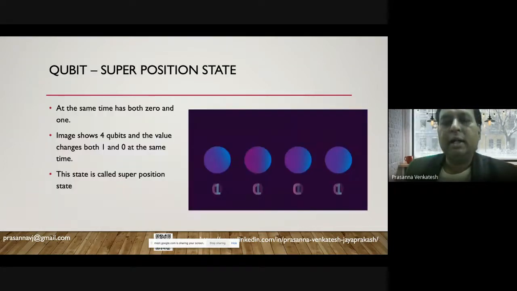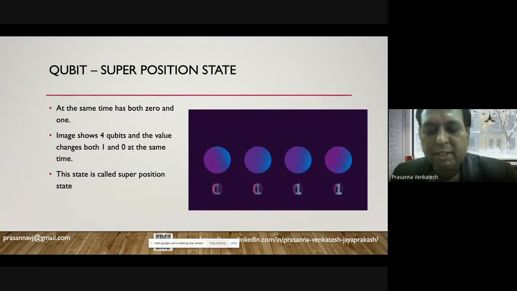I hope you are getting the detail of what I'm trying to say. Assuming that instead of 4 bits, you have 4 qubits. In typical classical computers, if you have 4 bits, to process some integer value you typically represent either 0001, that is one state, or 0011, 0111, or 1111, or you can have multiple permutation combinations of values.